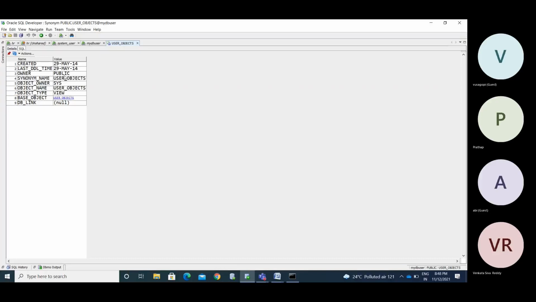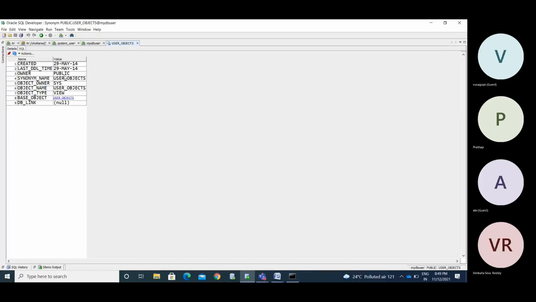You are always using public synonyms on a daily basis. So where do you use synonyms in your current project? I haven't created any synonyms, but we are using public synonyms daily. User_tables, user_views, user_constraints, everything has a public synonym. All data dictionaries, all meta objects, and system-defined tables are all public synonyms. Okay, this is about synonyms.